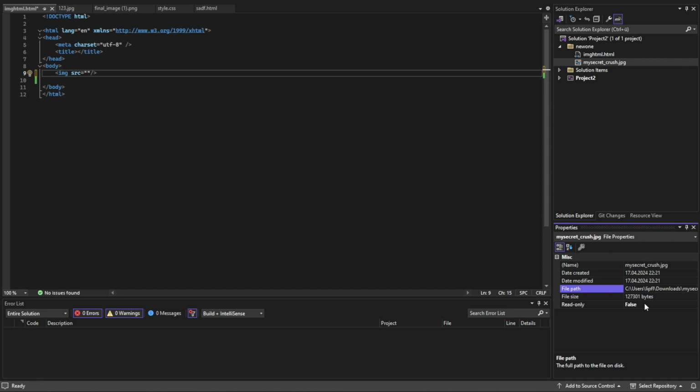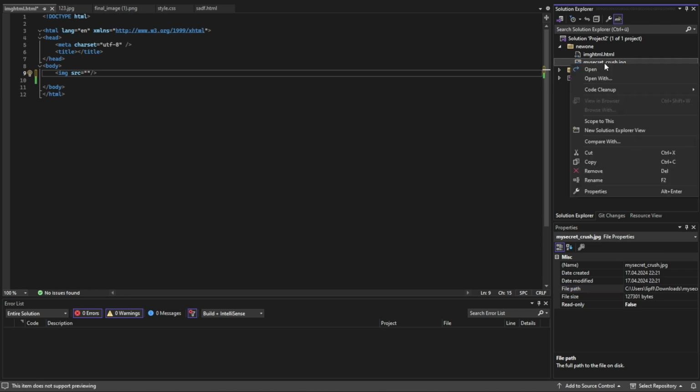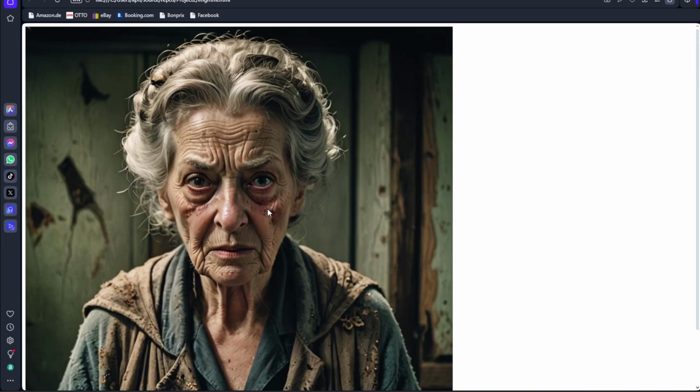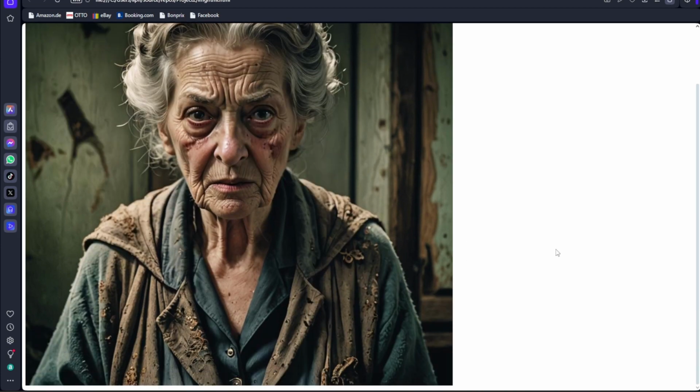Save and view. Here we go. And now we have my secret little crush as an image inside our HTML file.